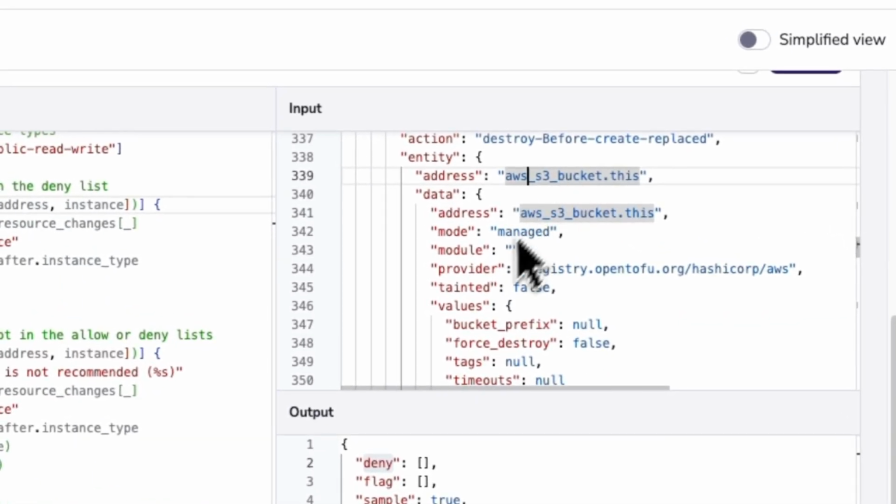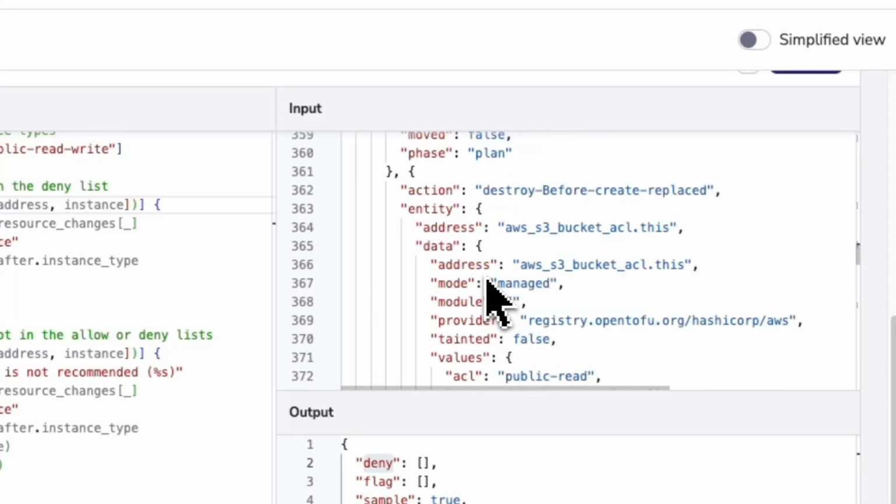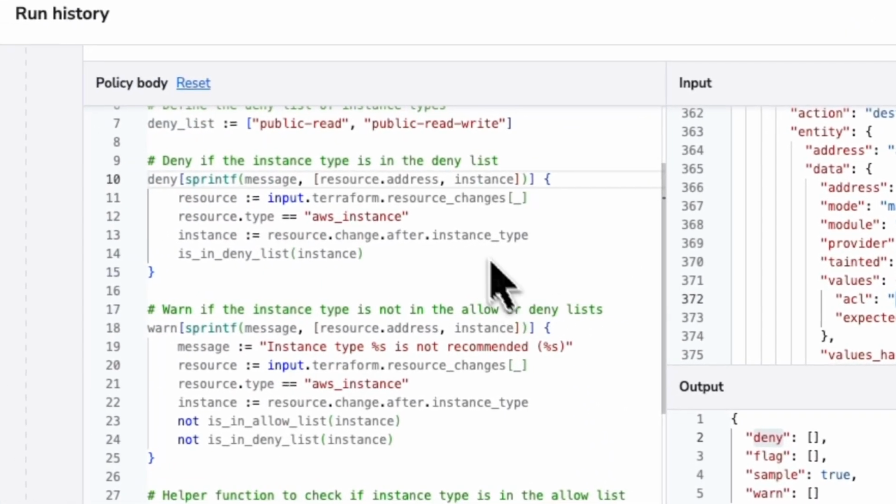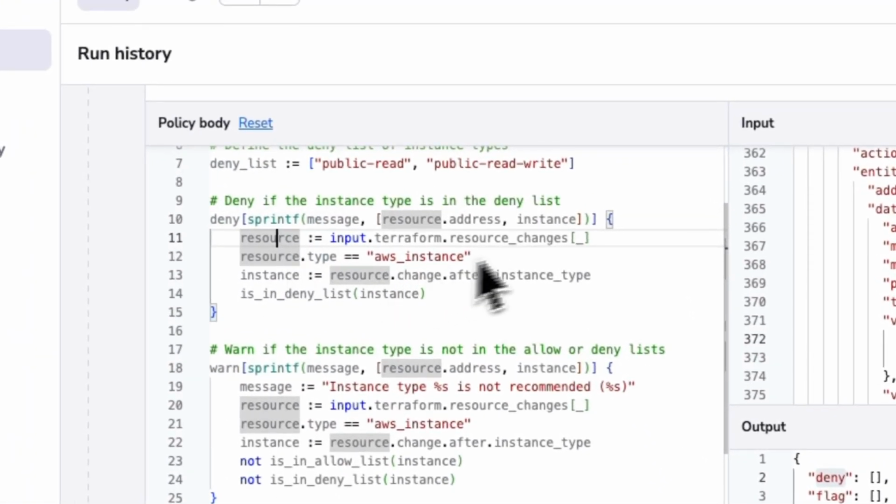So I can see there's an S3 bucket getting created, and there's an S3 bucket ACL getting created. I'm also able to see what the values of that S3 bucket ACL are. So I can see that I'm trying to create a public-read ACL bucket. So the first step of this is we're going to look for that specific resource. So we're going to look at